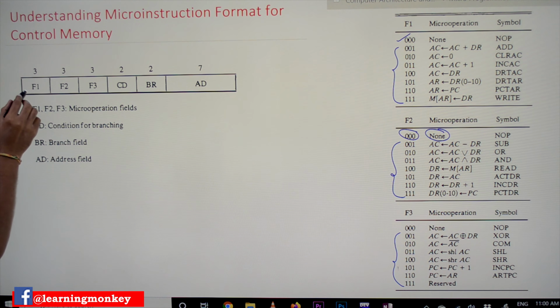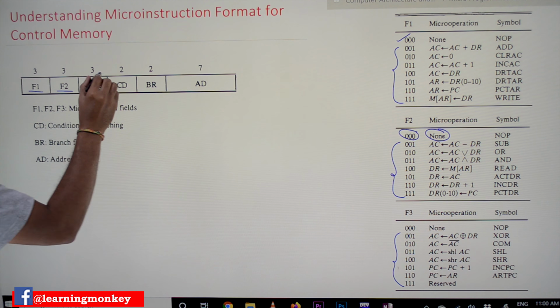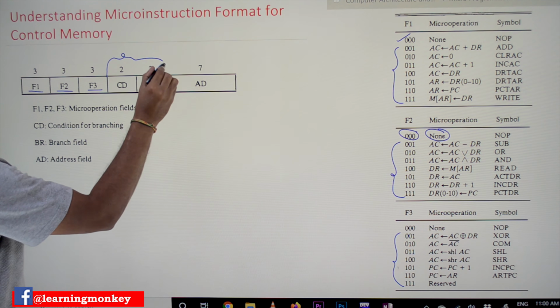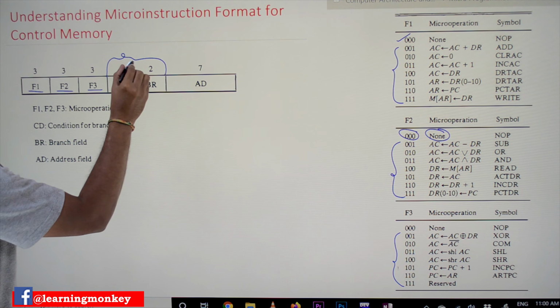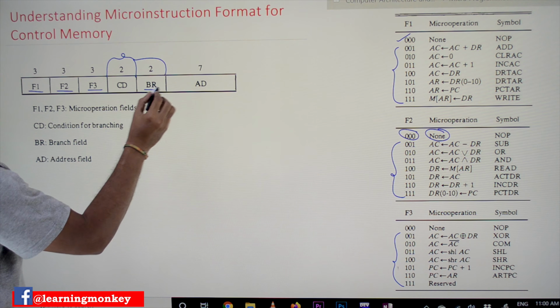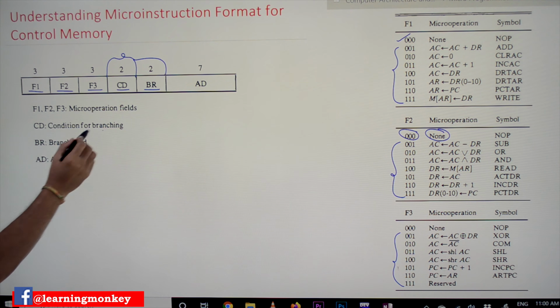The groups are F1, F2, F3. The other bits of the instruction are the status bits. One is the condition field CD, and the other one is BR. The condition is used for branching, and the other one is the branch field.